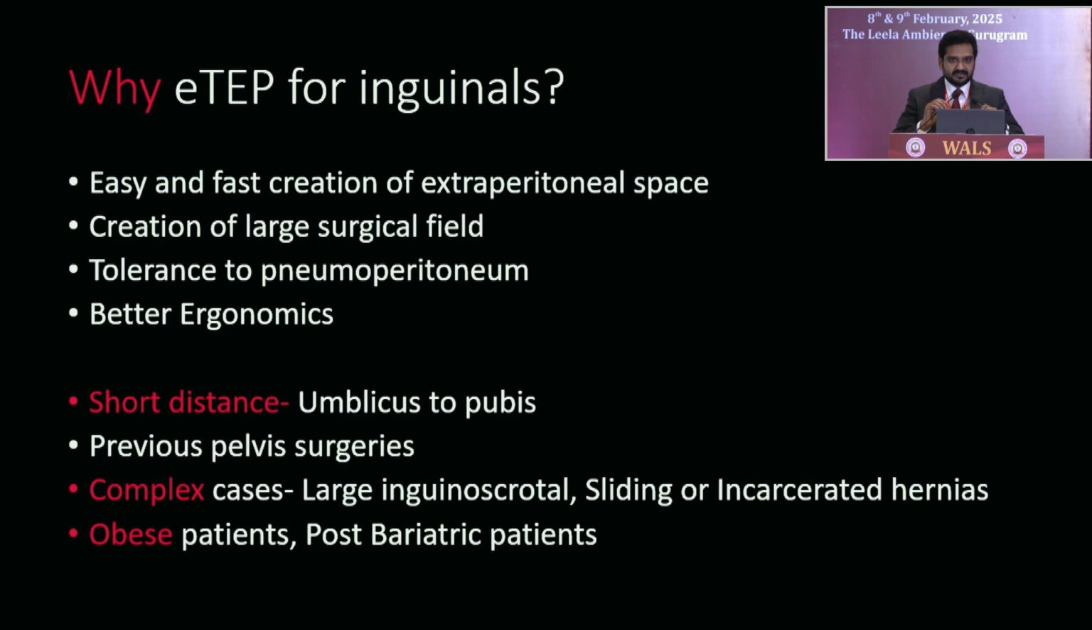So we all know the importance of eTEP for ventral or incisional hernias because of the avoidance of composite meshes. But why eTEP for inguinals? It's because of the following reasons. For easy and fast creation of extraperitoneal space, for creation of a large surgical field, it's got better tolerance to pneumoperitoneum, better ergonomics. It's highly useful in cases where the distance is short from the umbilicus to pubis, in cases of previous pelvic surgeries, in complex cases like large inguinal scrotal, sliding or incarcerated hernias, especially useful in obese patients,